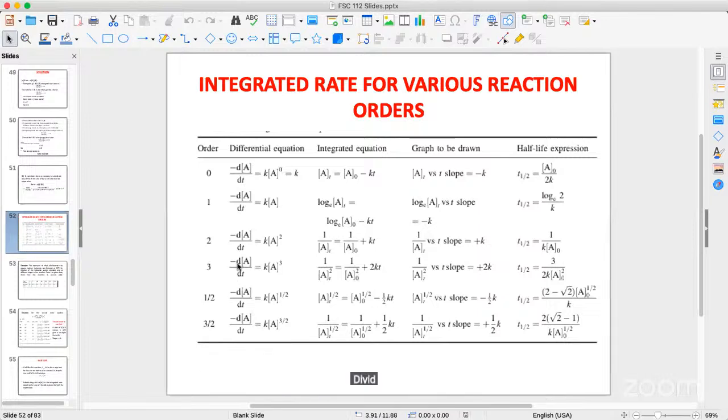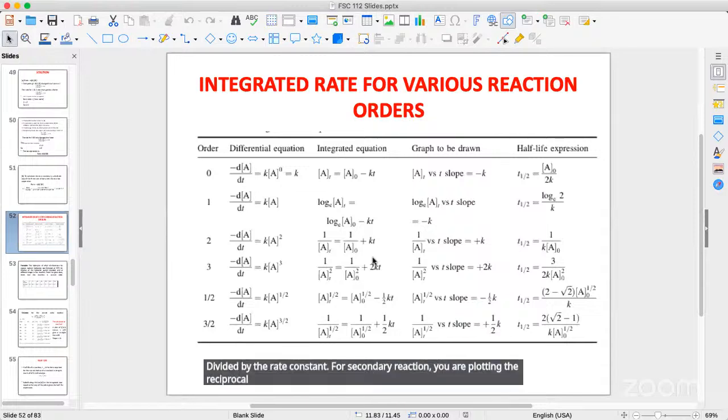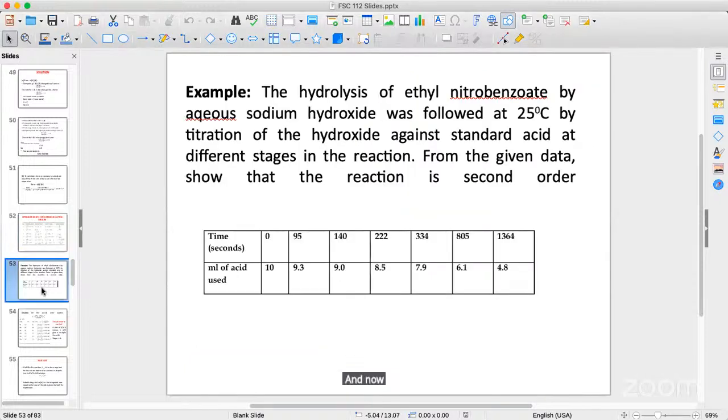For second order reaction, you're plotting the reciprocal of concentration at any time t against the corresponding time. And that also should give you a straight line. And now, this happens to be our first